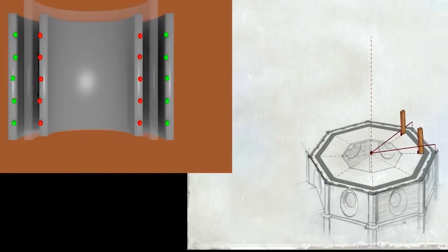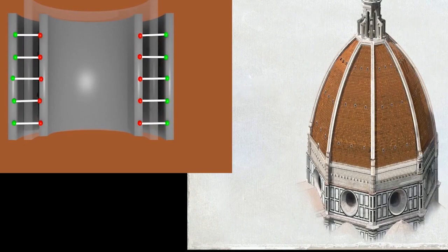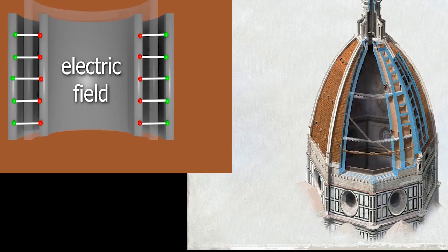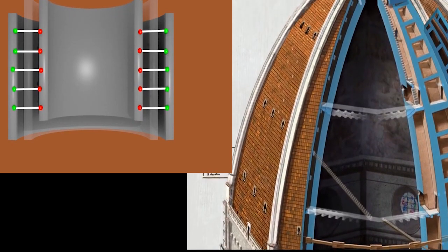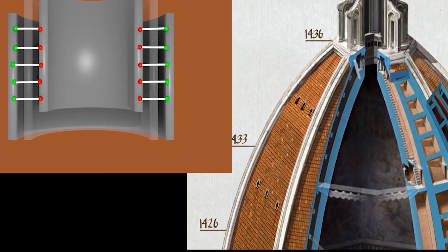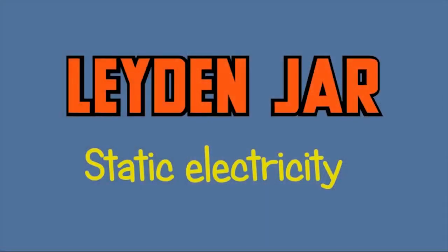It has charge on it in the area between the two plates. One plate is negatively charged and the other is positively charged. We can also draw a line between each pair of charges, representing the electric field. The closer the lines are together, the stronger the electric field. As we pull the inside plate out, the area between the two plates decreases. The negative charge on one plate moves to stay close to the positive charge on the other plate, and vice versa. That means the charge on each plate is more tightly packed together, and so the electric field lines are closer together. The electric field is stronger, and as we pull the plate out,